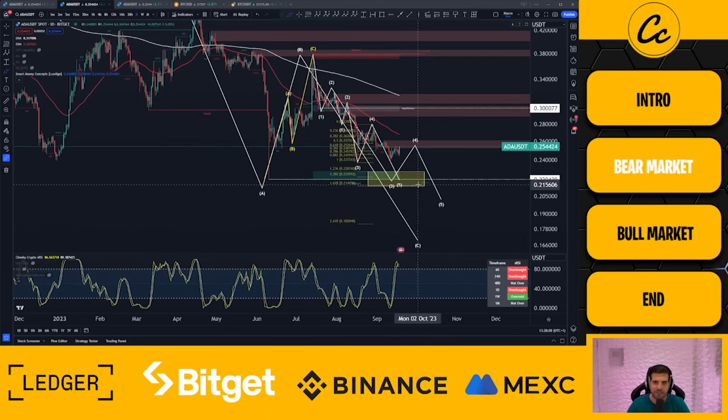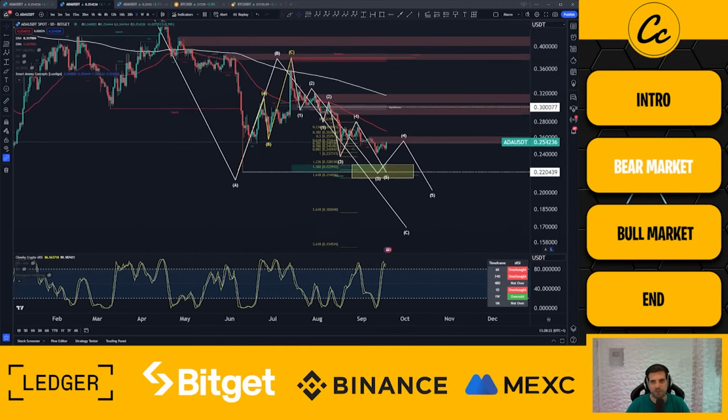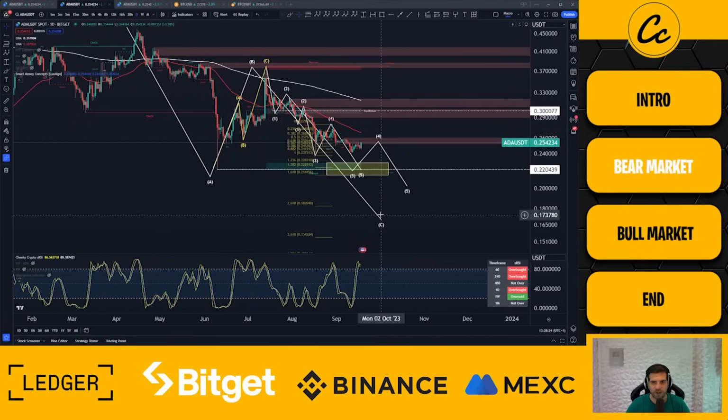We're looking for further downside on Cardano's price action. We kind of note that between 21 and 22 cents. But I think for the bear market, we actually have to go down deeper than this. And so we target out between 15 and 18 cents on Cardano's ADA. You can let me know in the comments below whether you think that 15 cent ADA is far too low or whether you think it could potentially go down even deeper. Let me know in the comments.